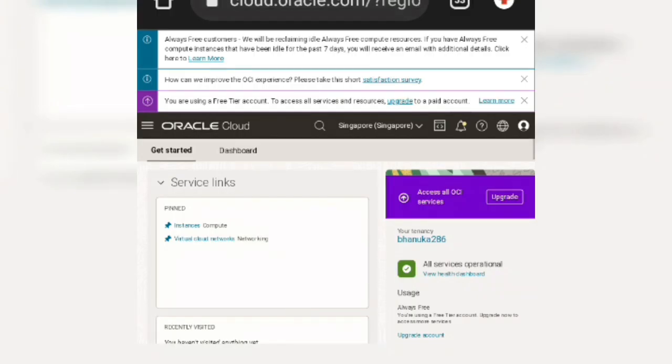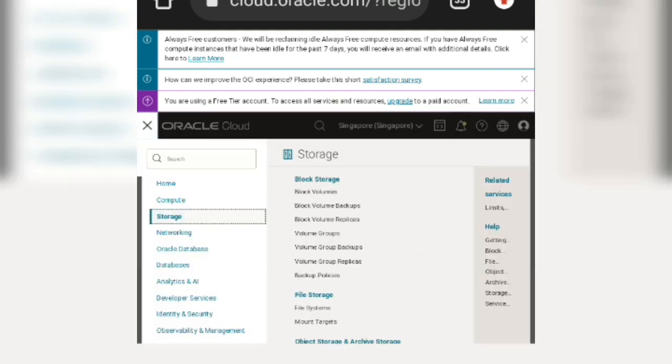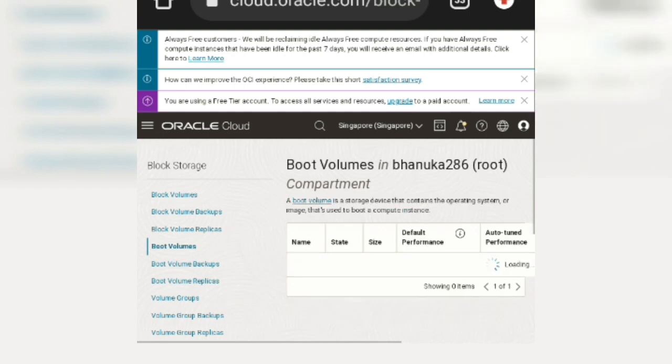Now let's see details of the boot and block volumes you have. First go to your Oracle Cloud account. Next click on the three stripes on the top left corner. Now click on Storage. Now click on Block Volume. You can see details of block volumes here. I have no block volumes. Click on Boot Volumes in the menu.